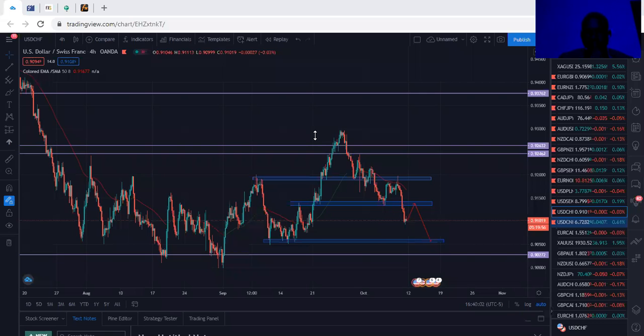Yeah, okay, guys. So I'm going to be doing a quick run through of my charts, what I'm expecting in the market. Currently, this is the currency pair market. I'm going to be showing you guys my setups, what I'm expecting to see in the currency market this week, what I'll be looking at.